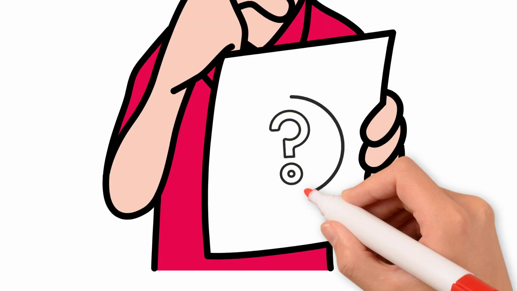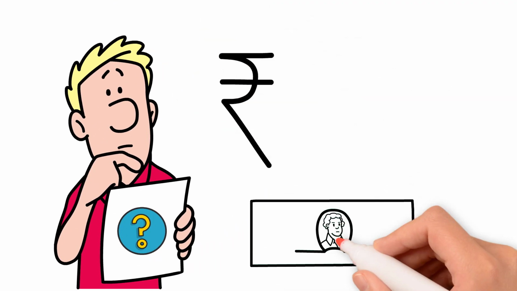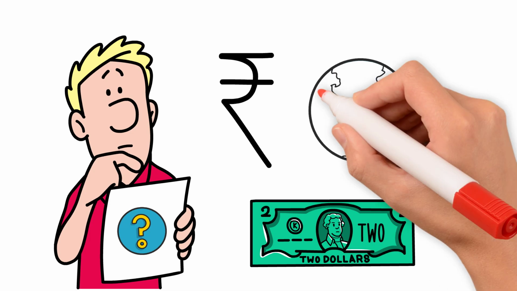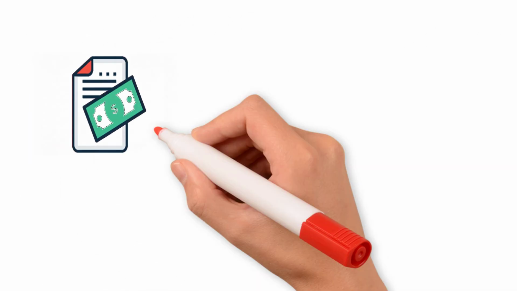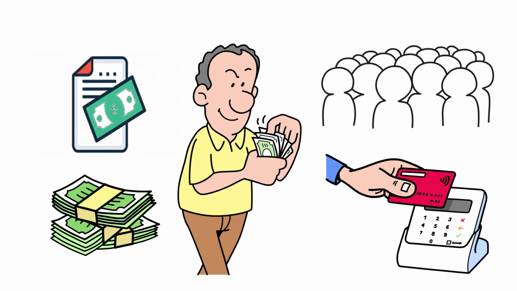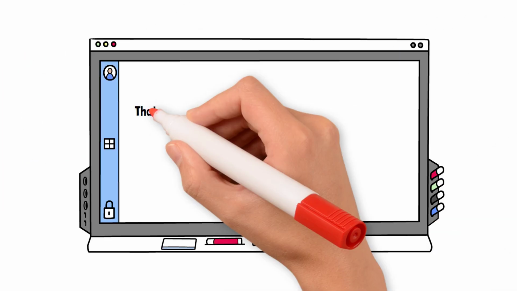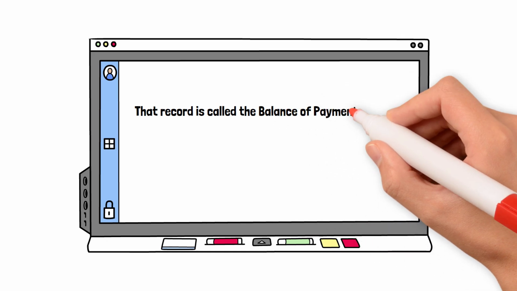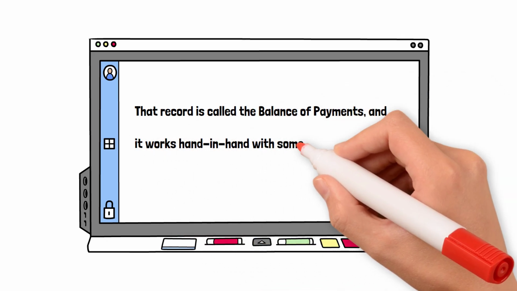Ever wondered how a country keeps track of every rupee or dollar coming in and going out across its borders? Just like your bank statement shows money you earn and spend, nations also have a financial record. That record is called the balance of payments, and it works hand in hand with something every government guards like